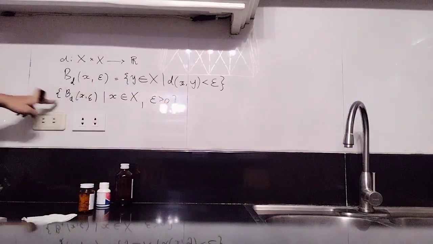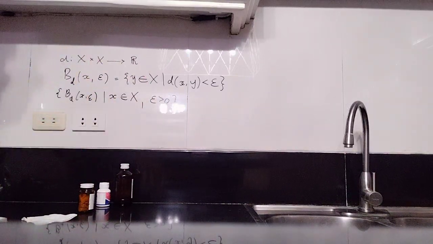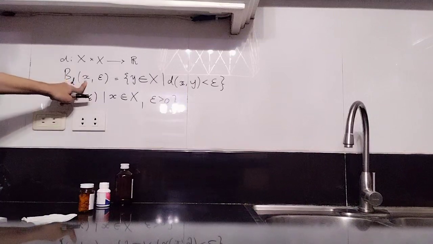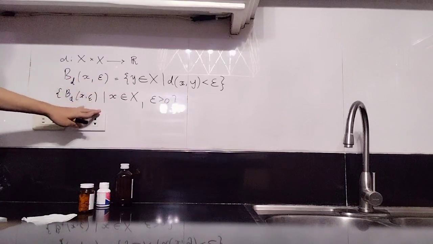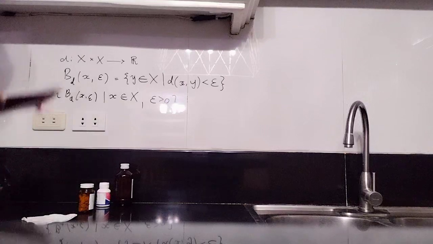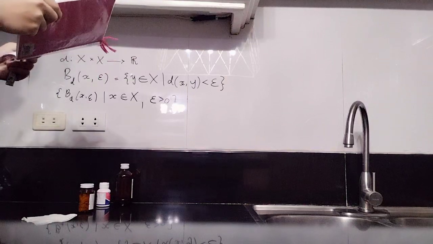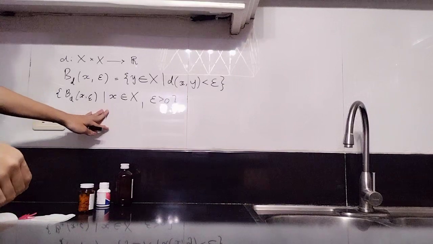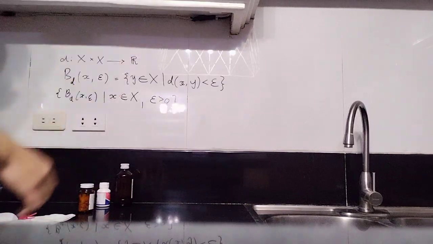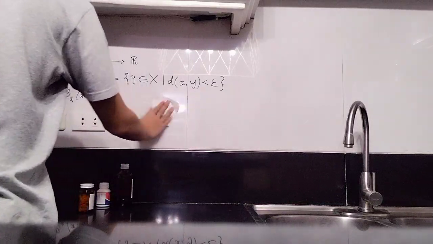So this set of open balls of base point x and radius epsilon is precisely the basis for the Euclidean topology. I mean the metric topology. It's the metric topology on X. So this is the third topology I want to define. The metric Bussy topology. And finally, the last one to end the lecture is the metric topology.